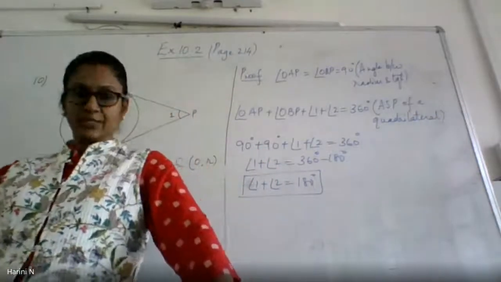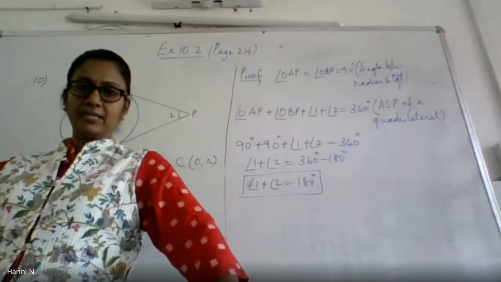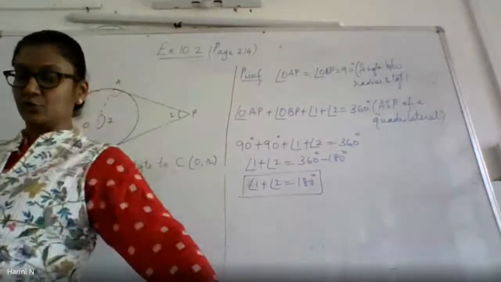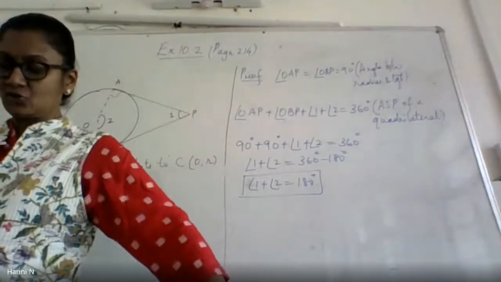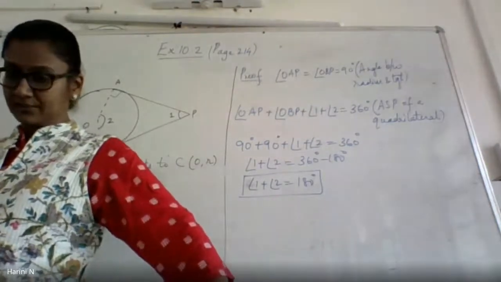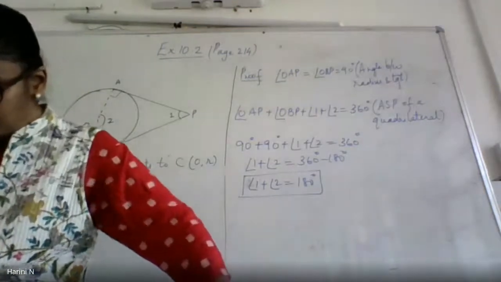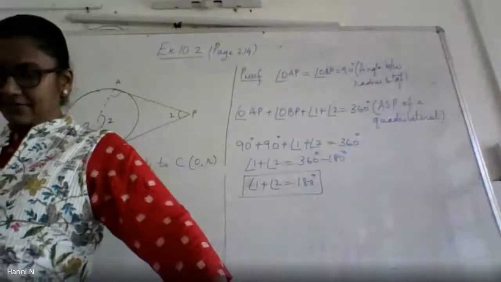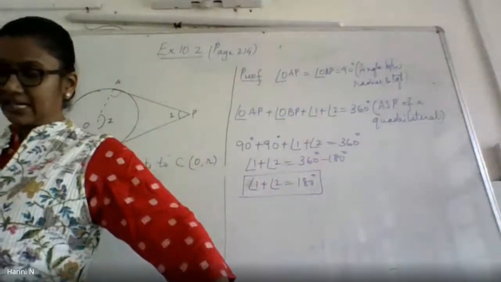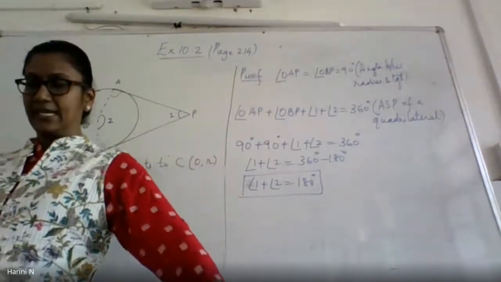Okay. Now going to the next one. It's a very interesting one, the 12th one, because you're going to use some things that you've learned in class 9. Let me see whether you're able to do it. A triangle ABC is drawn to circumscribe a circle of radius 4 centimeters, such that the segments BD and DC, into which BC is divided by the point of contact D, are of lengths 8 and 6 centimeters respectively. Find the sides AB and AC.